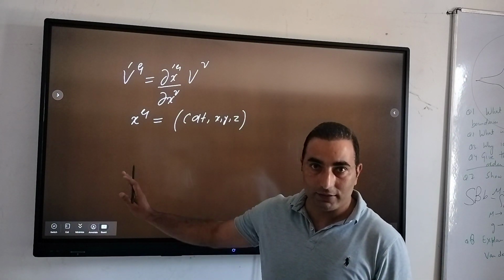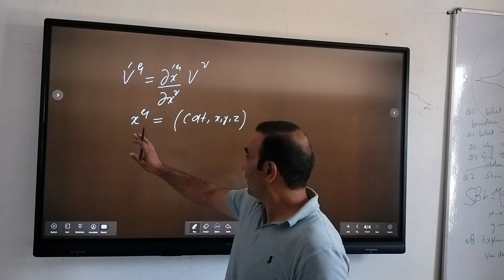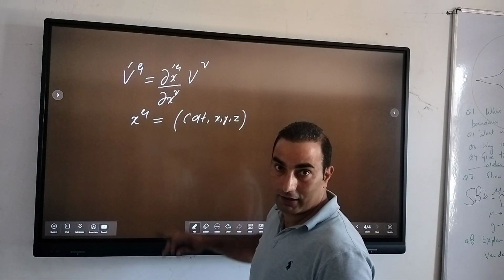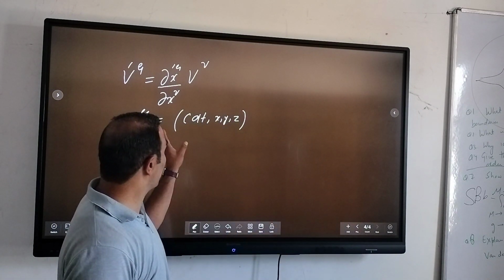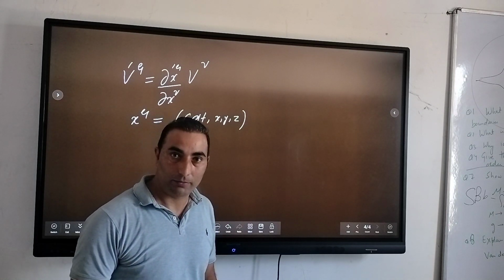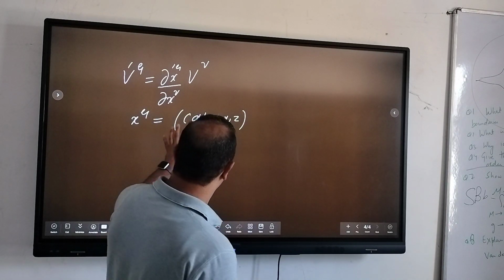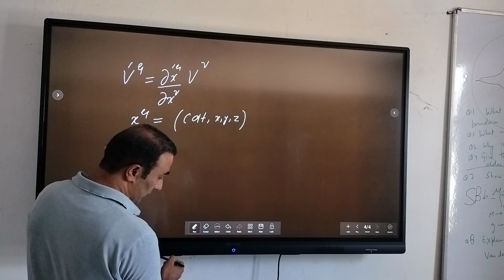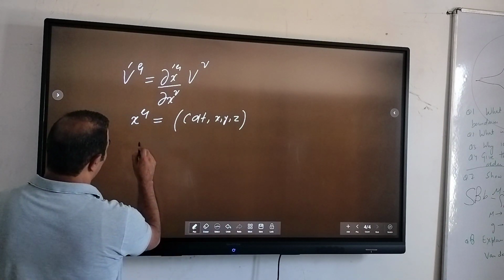As you can see from my previous lecture, or in the previous slide, I showed you that x mu we can write this way. This is our four components of that displacement or length element. Now if you calculate its velocity, you write partial by partial t,